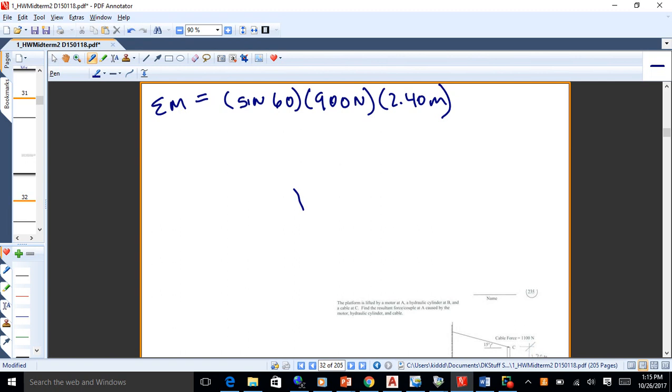You're going to have three other terms. Looks like they're all positive, aren't they? Yeah. Okay, and when you add them all up, what you're going to get is 4529